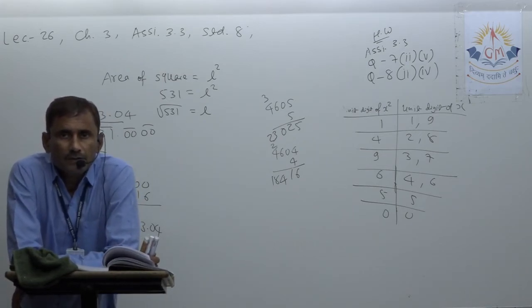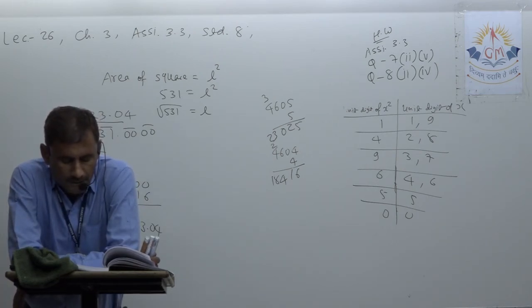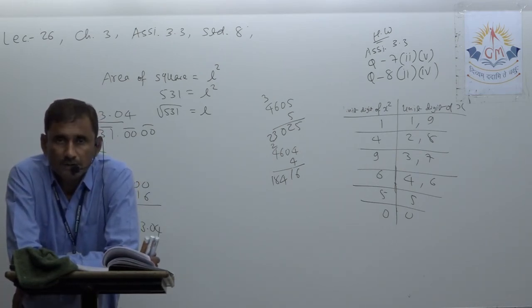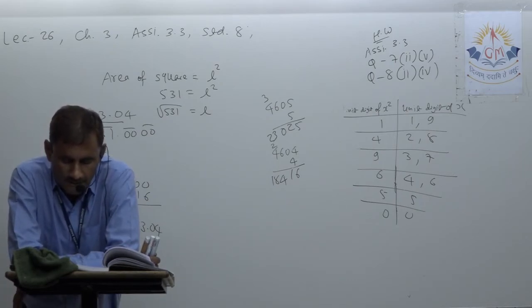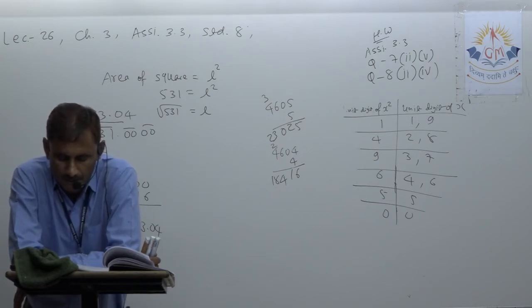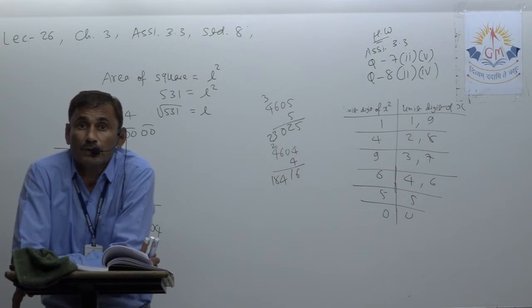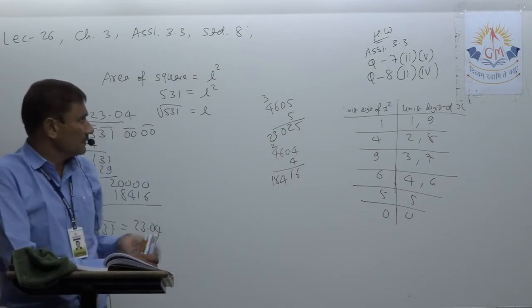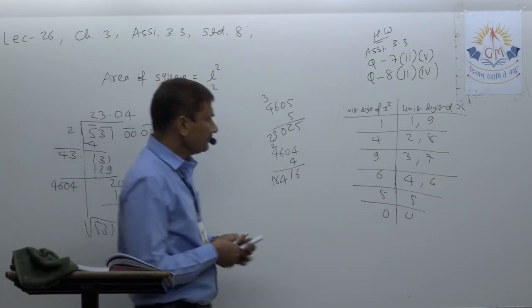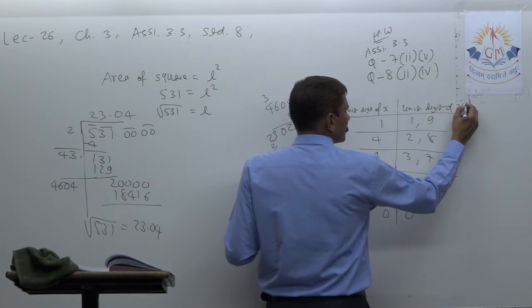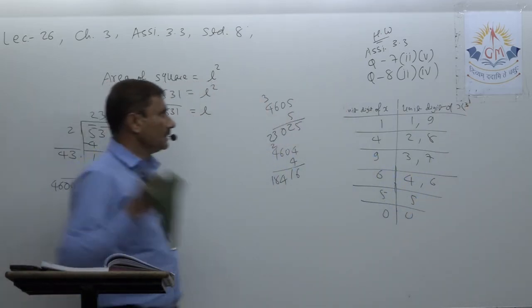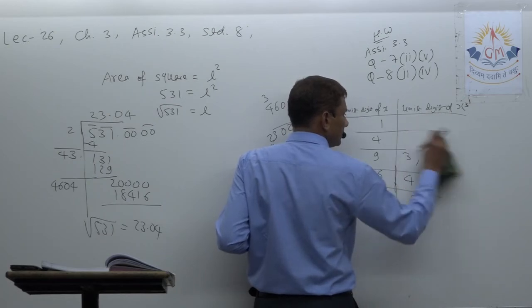Now everywhere you can see the unit digit also. If the unit digit in the number is 1, then its cube also ends in 1. For 2 it is 8, for 3 it is 7, for 4 it is 4, for 5 it is 5, for 6 it is 6, for 7 it is 3, for 8 it is 2, and for 9 it is 9, and for 0 it is 0. I am talking about the unit digit only. If you take the unit digit of x and the unit digit of x cube, a single pair will be there everywhere.